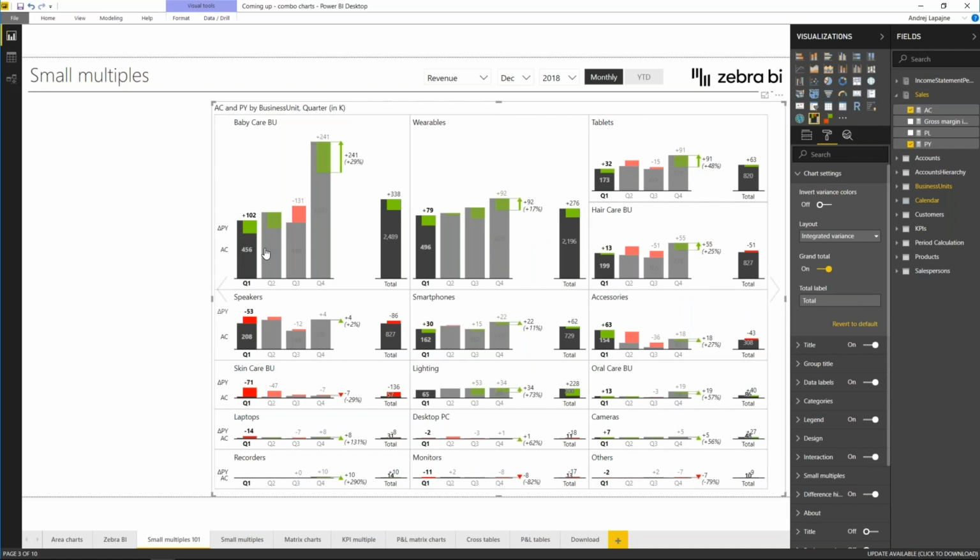So this is your quarterly sales, and this is the total result for baby care for the whole year. So these are the quarterly totals, and now the totals are repeated across all the charts, right? Everything that you do here, there are other features as well, but there is no option to add a total